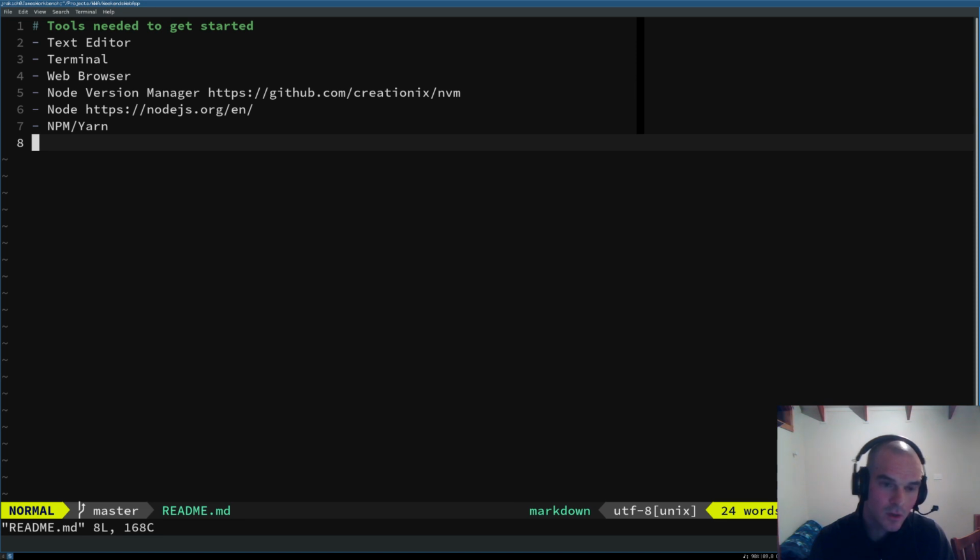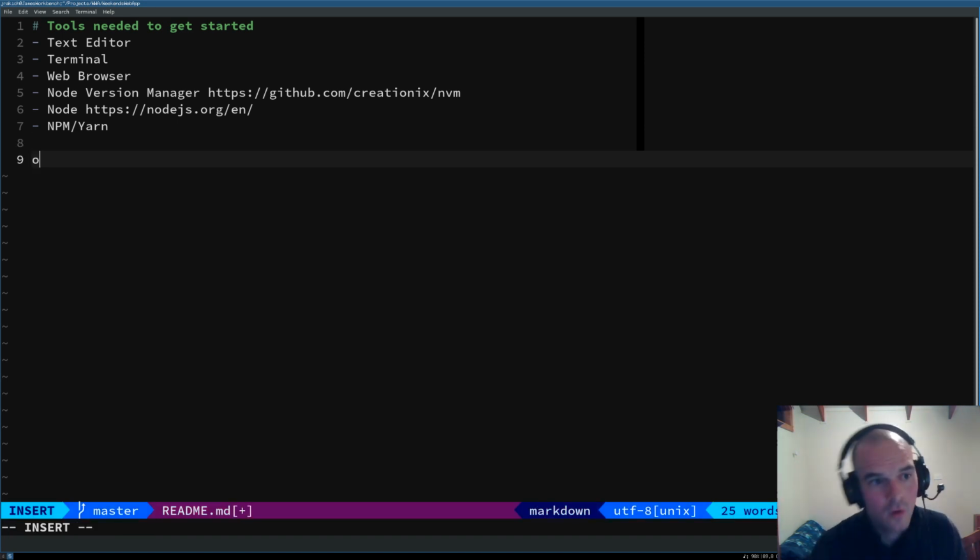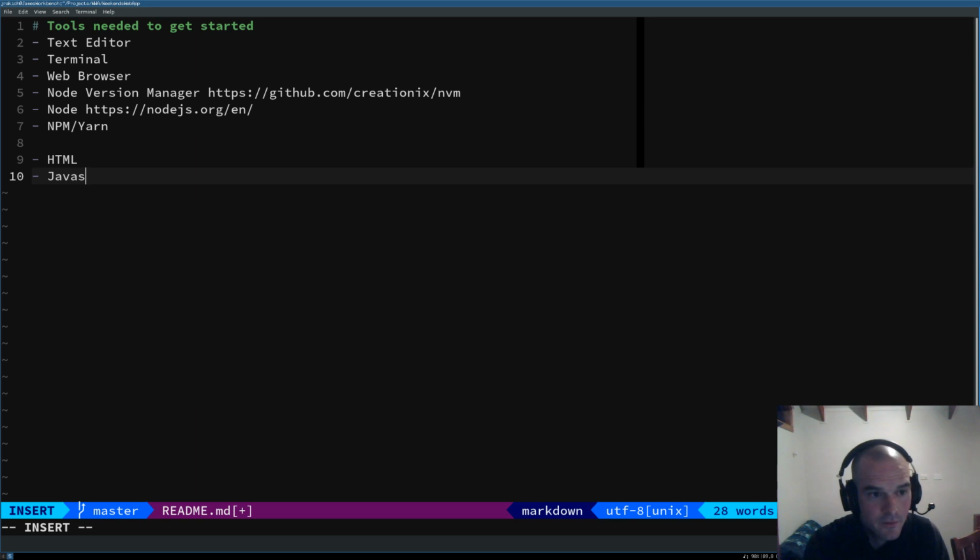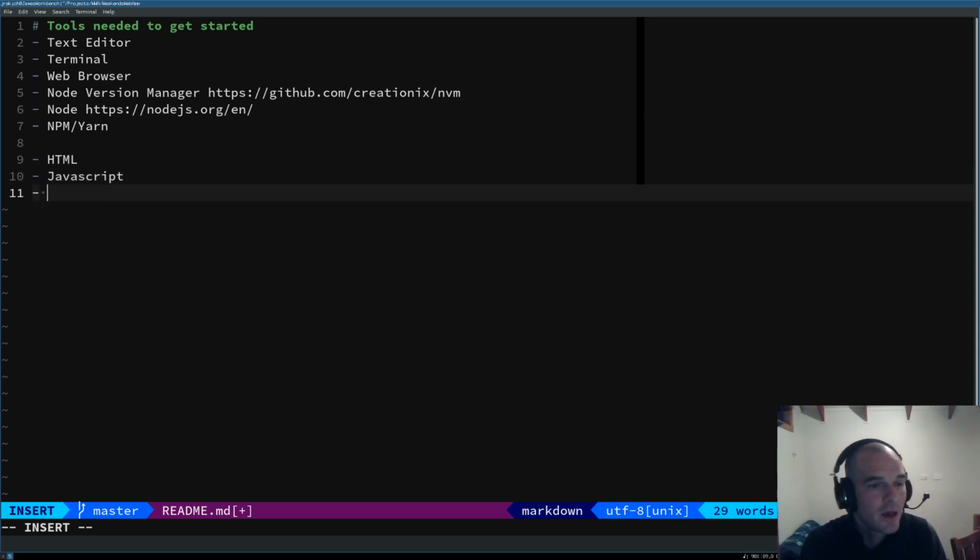So you end up with fairly straightforward app shells, as they were, which allow the JavaScript to do whatever it needs to do and just set it up looking like a loading screen to start off with, and then it rolls on from there. So we need something for HTML, something simple, nothing too complicated, just a simple templating thing for HTML. We need something for JavaScript, and we need something for,